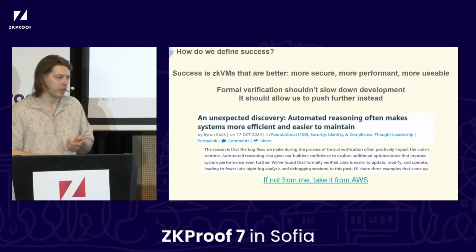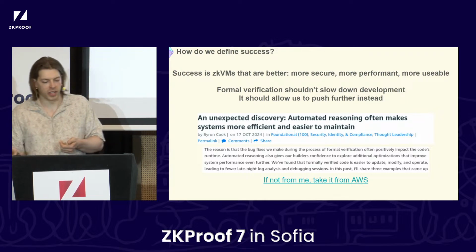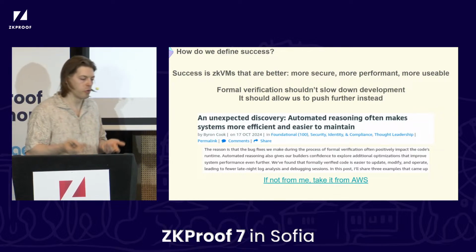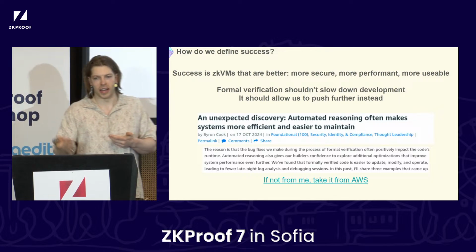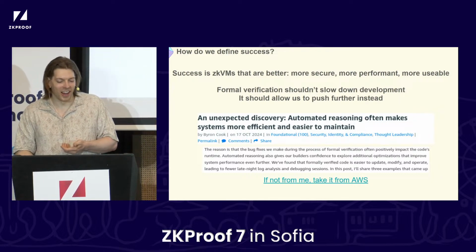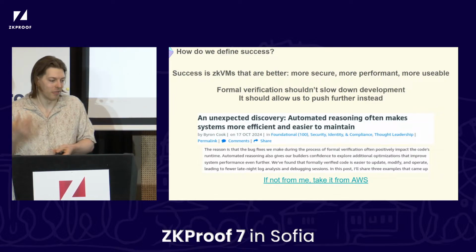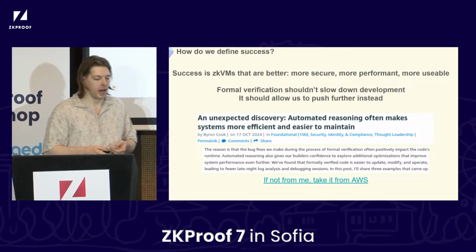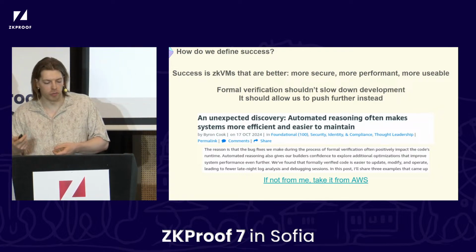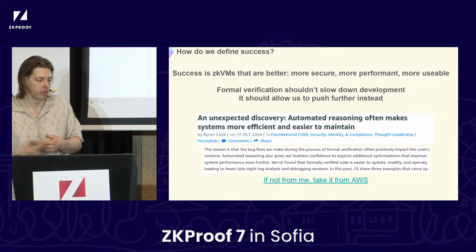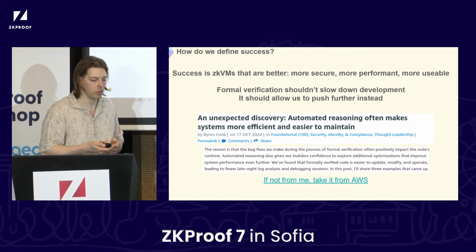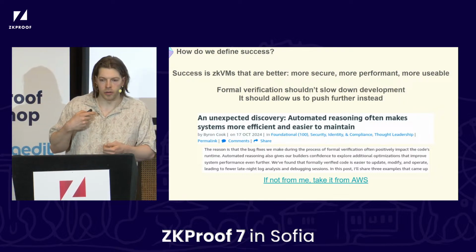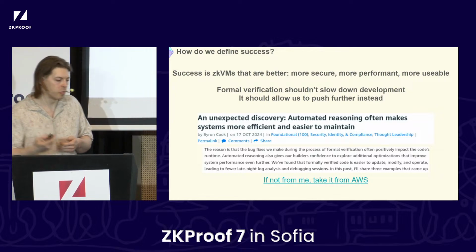Obviously, in terms of performance, I think the overhead of running something in a zkVM and proving it, against just running it on your own hardware and not proving anything, is probably 100,000x, 1,000,000x. This is obviously not great. It'd be great to get improvements both from engineering and from new proof systems and things like this. And obviously, everyone is working hard on this. And I'd like formal verification to some extent not be something that feels like a slowdown and something that requires code freezes, but rather something that actually allows people to push a bit further, a bit faster, with a bit more confidence.